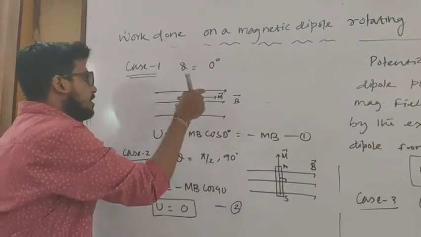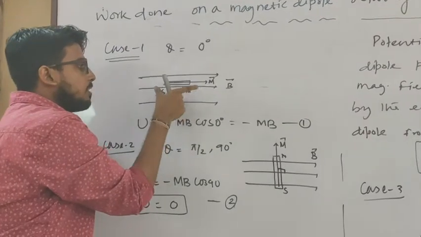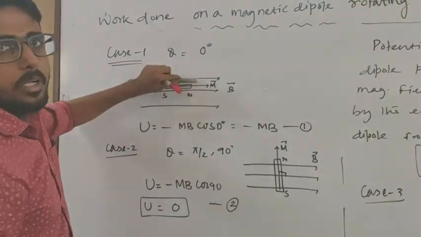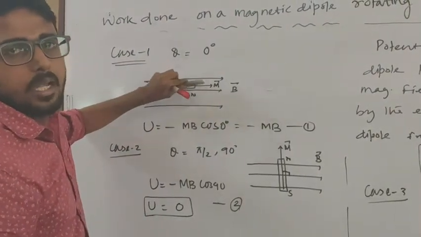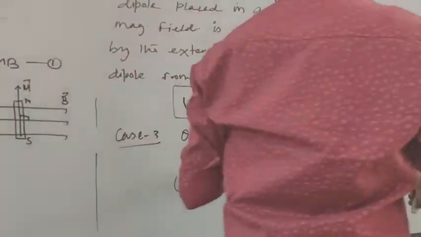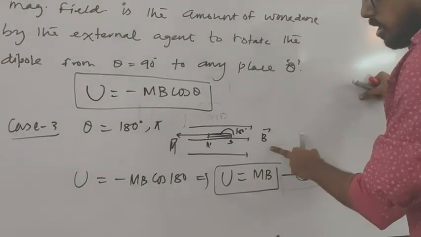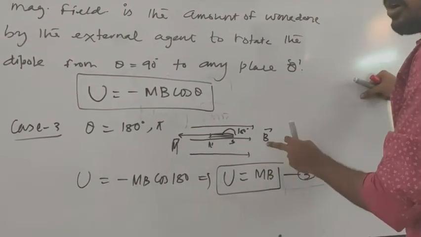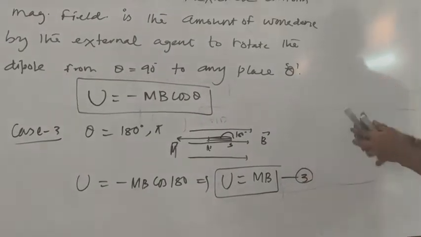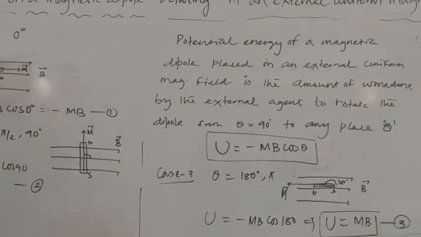So here in case 1, the potential energy is minimum, and this will be the stable equilibrium position of a magnetic dipole in an external magnetic field. And in case 3, when both are in opposite directions, the potential energy is maximum. This will be the unstable equilibrium position of the dipole. Clear? So we can say that as potential energy is minimum at case 1,